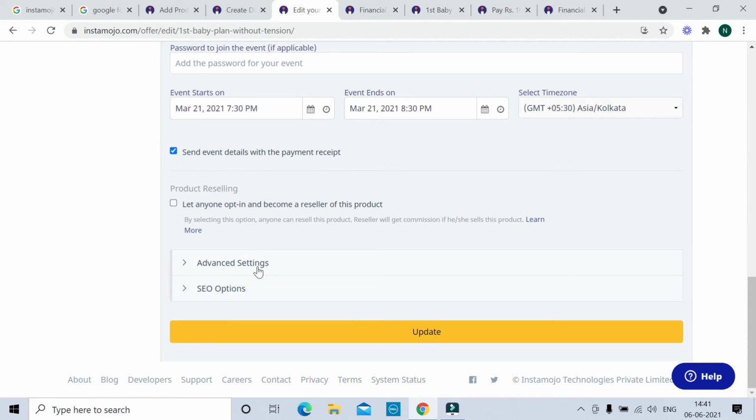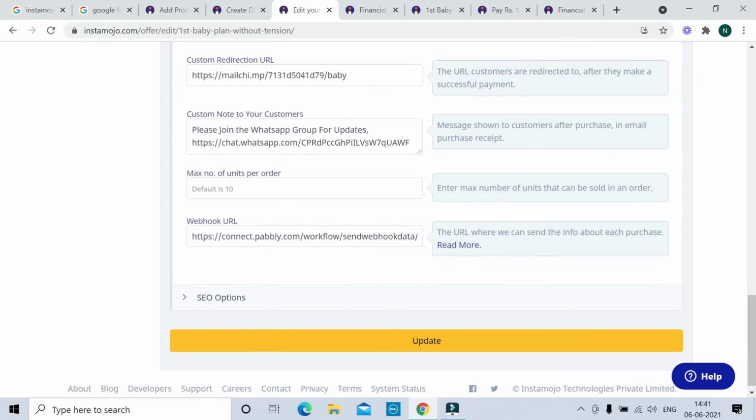Then go to advanced settings, custom redirection URL. Here you can see I'm redirecting this person from my Instamojo account to another place, a Mailchimp landing page, where they will get the WhatsApp group to join. And this is a custom note to your customers.